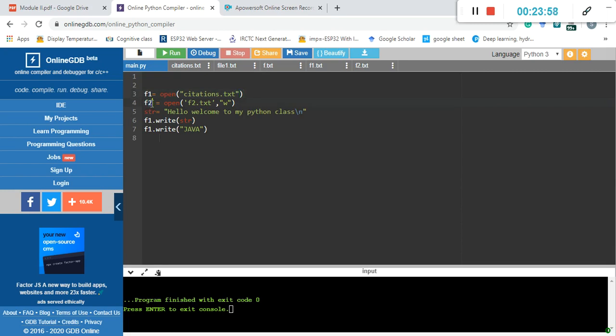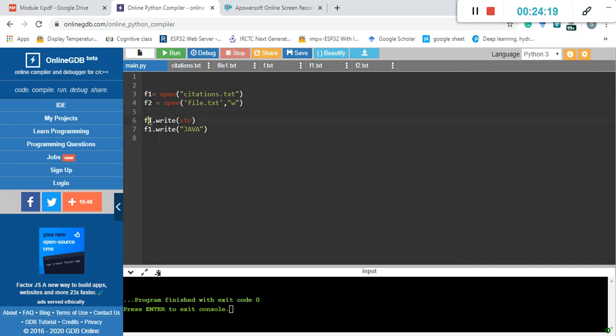I have one more file handler called f2, with the name file.txt, which opens in write mode. Now what should happen? The entire contents of f1 has to be written into f2.